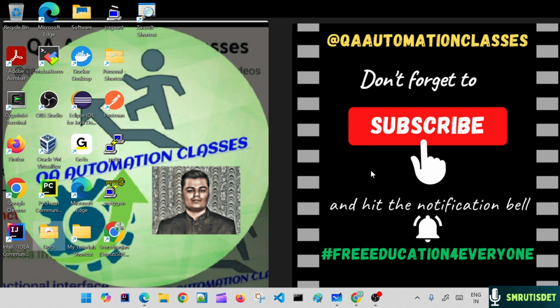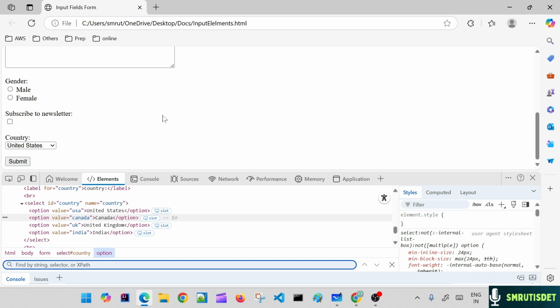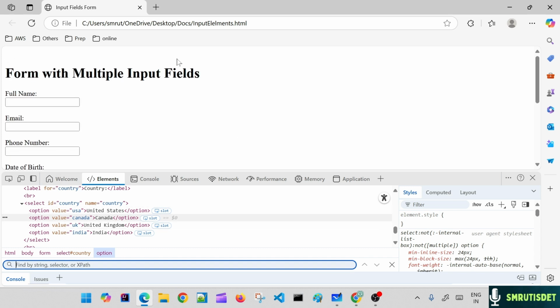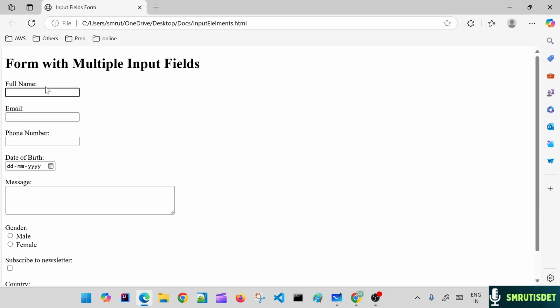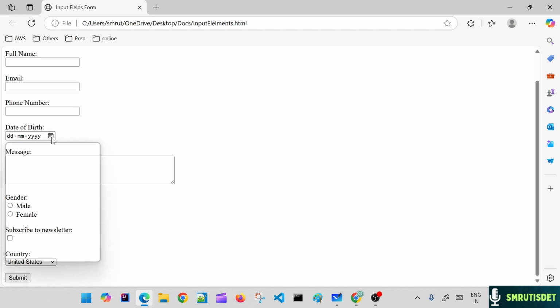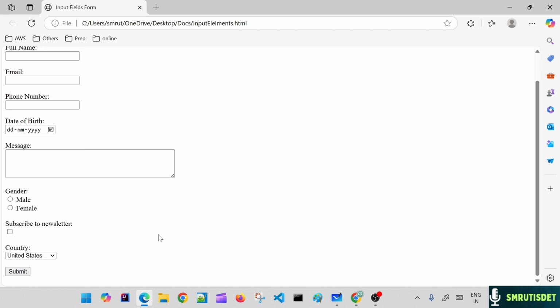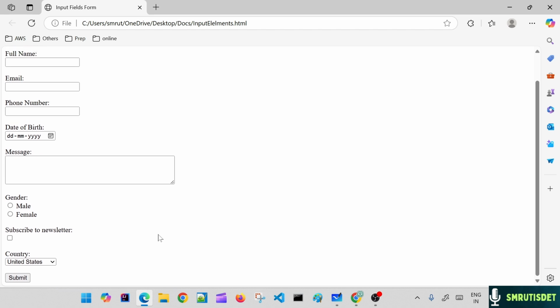So let's start. Now if you see this form, we have so many things here. There are input boxes, there is a date calendar, and there is a text box. The radio buttons are there. There is a drop down, and finally there is a submit button. Now here we are going to give you the example of the following sibling and